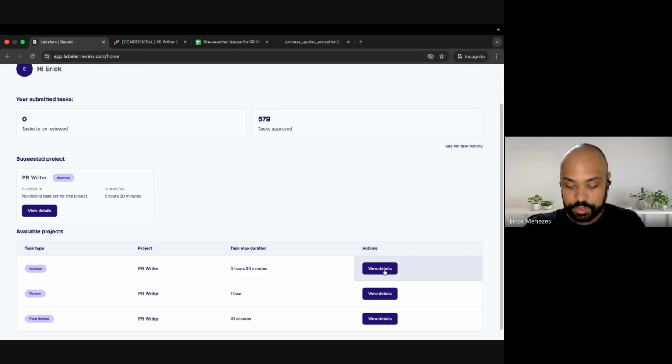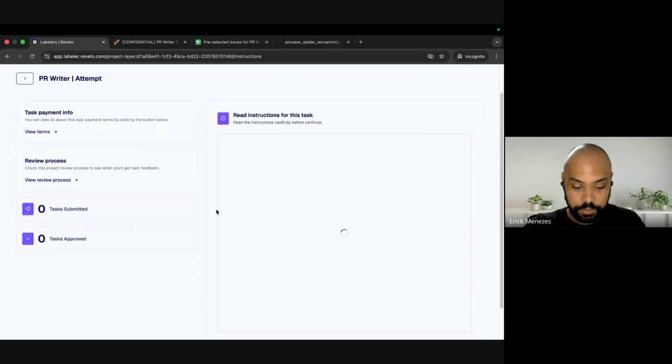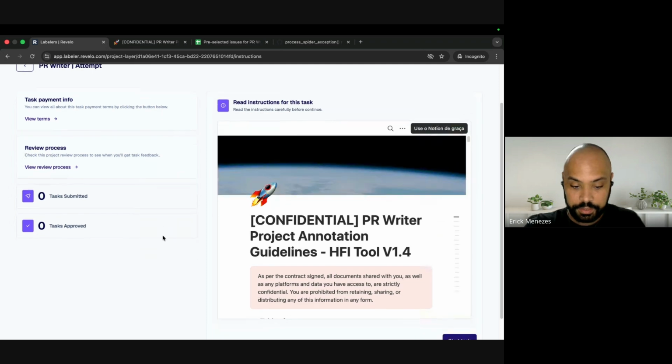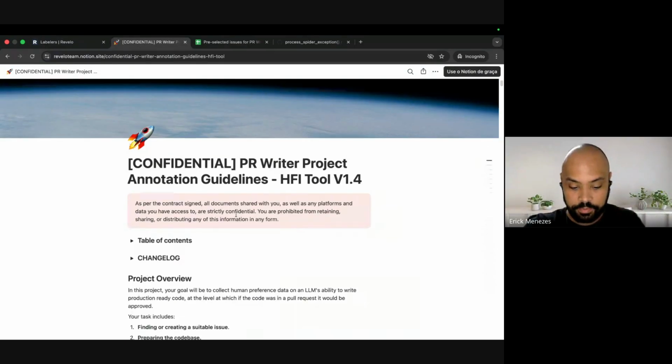When you need to start the task, you click here on view details. This shows a couple of pieces of information. These are the guidelines that I was talking about, which we will follow throughout this presentation. They'll be available to you, and you can see them in another tab if you like.